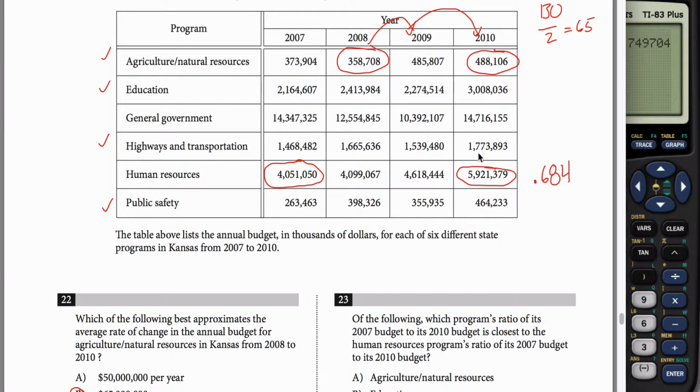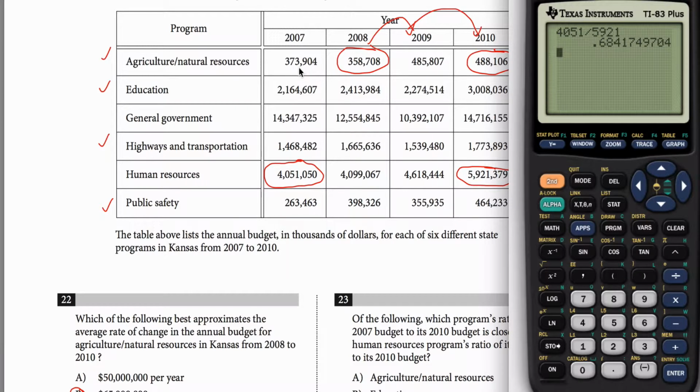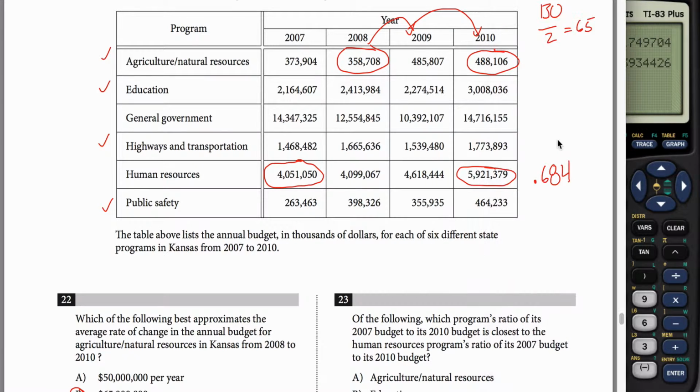Let's see. So looking at the rest of these guys, can I rule any out immediately? I don't know. Maybe you could, but maybe it's easier to just calculate them than to think too much about it. So here I got 374, if I round that off to the nearest 1,000, which is really millions, divided by 488,